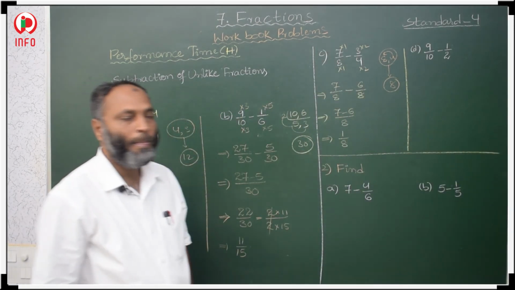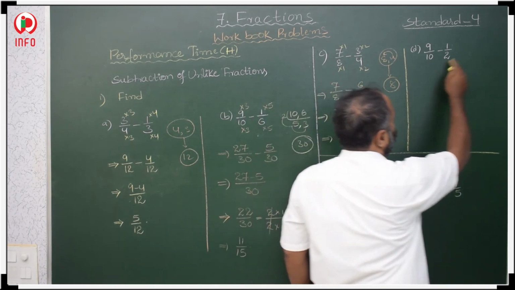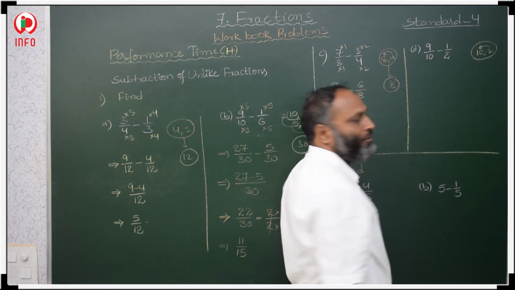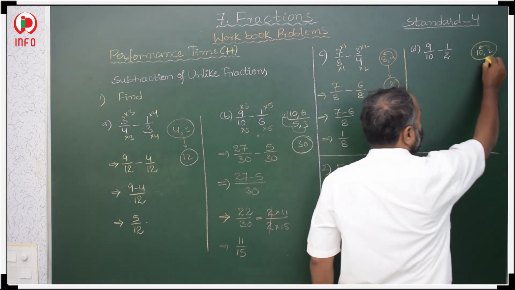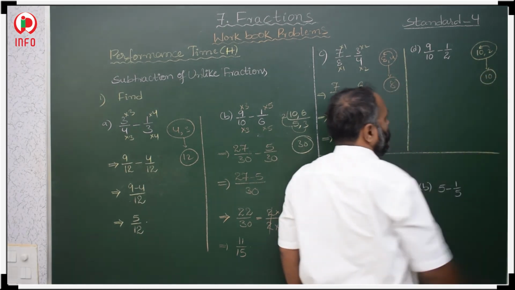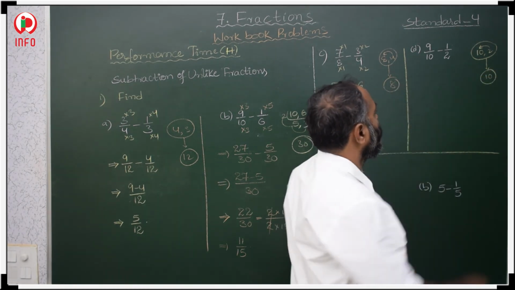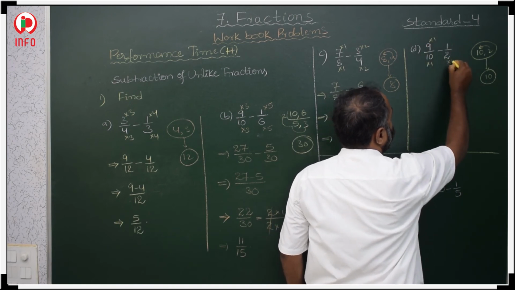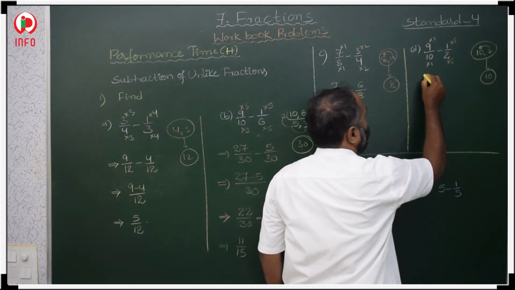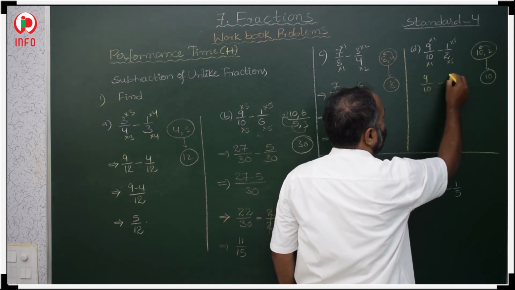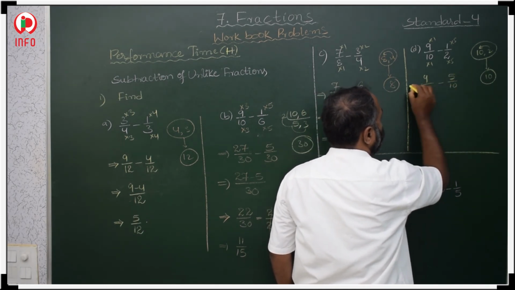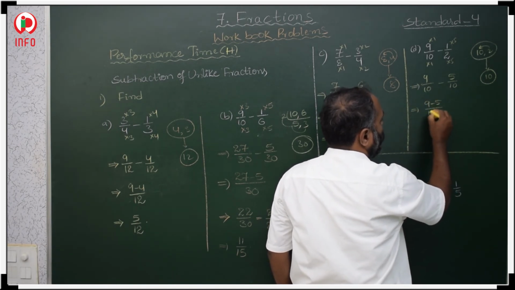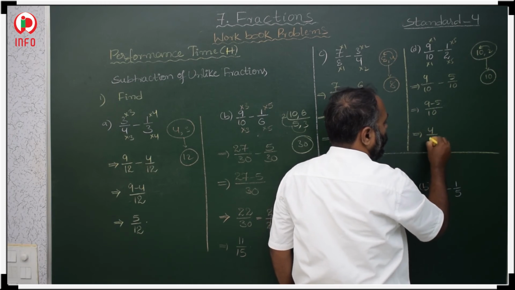Okay. Then after that, 10 and 2, LCM we have to take. 2 is a factor of this 10. 2 5s are 10. So, LCM is 10. In the 10 table, when you will get 10, 1s are 10. In the 2 table, 5s are 10, multiply with 5. 9 1s are 9, 10 1s are 10, minus 5 1s are 5, 2 5s are 10. 9 minus 5, difference of numerators by common denominator, that is 4 by 10.